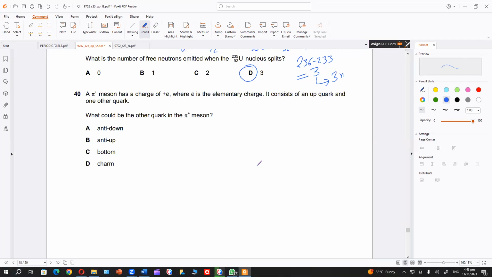A pi plus meson has a charge of plus e, where e is the elementary charge. It consists of an up quark and a down quark. What could be the other quark in the meson? Up quark and one other quark. We need to get an answer plus e. It means I need to get plus 1e. What is the charge value of an up quark? Is it 2 upon 3e or 1 upon 3? 2 upon 3e. It is 2 upon 3e plus